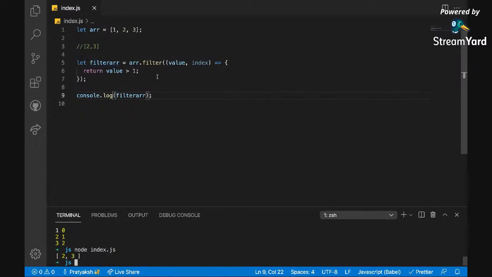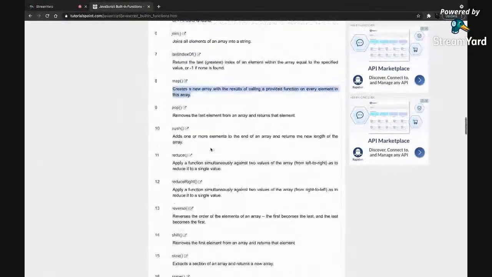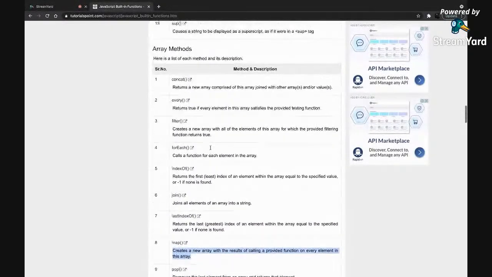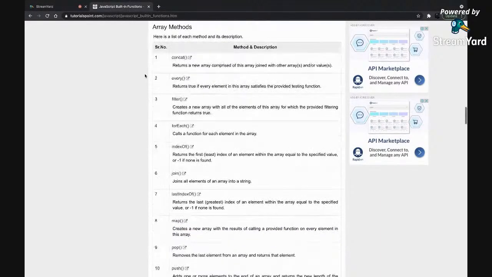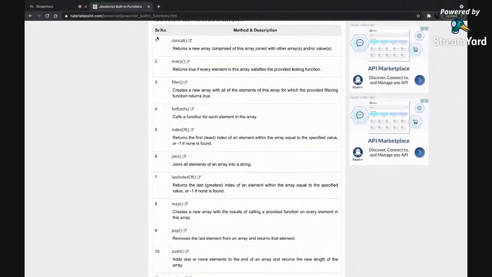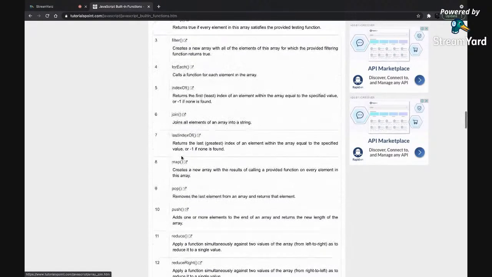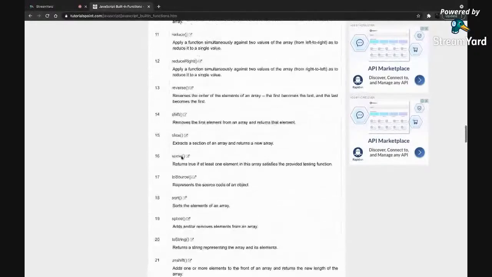So filter and map are two of the most important functions of array. Later on, you can go online and try out different functions. If you ever feel any issue, you can Google it, try YouTube videos on that particular function, or even contact me from LinkedIn, and I'll be more than happy to help you out and explain what each and every function is and what each function does internally.